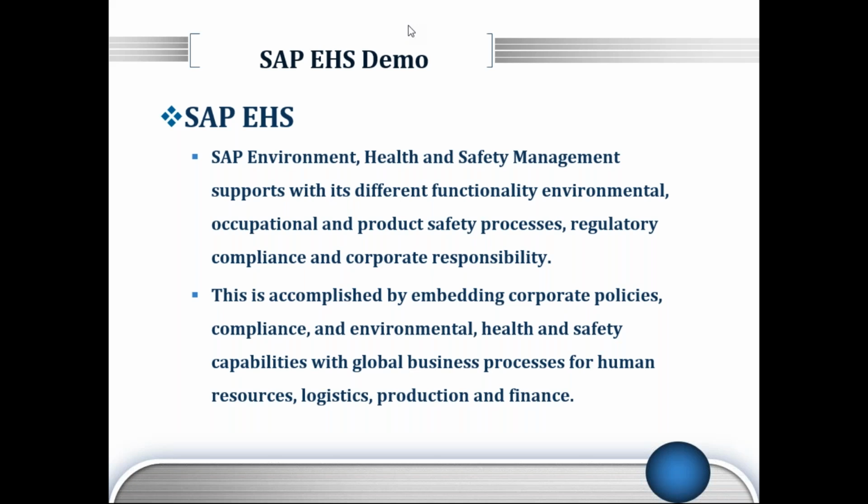You can track the environmental parameters, health and safety policies that we have. And it is not only in a particular country, SAP EHS can support global companies. Any organization might have operations in India as well as in Africa or America.